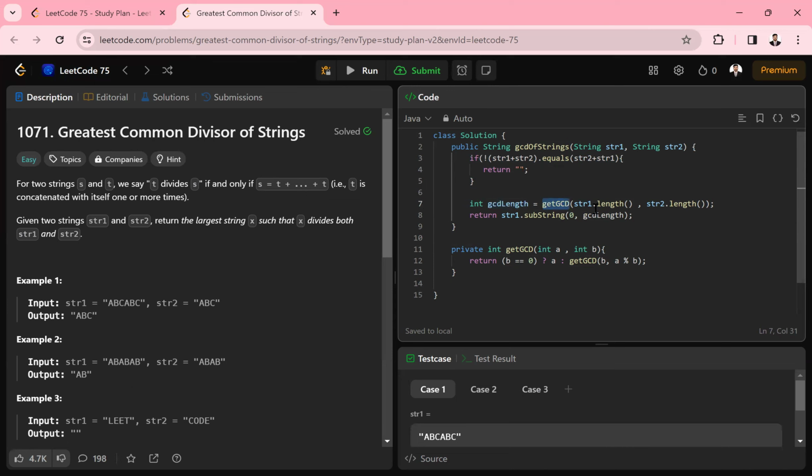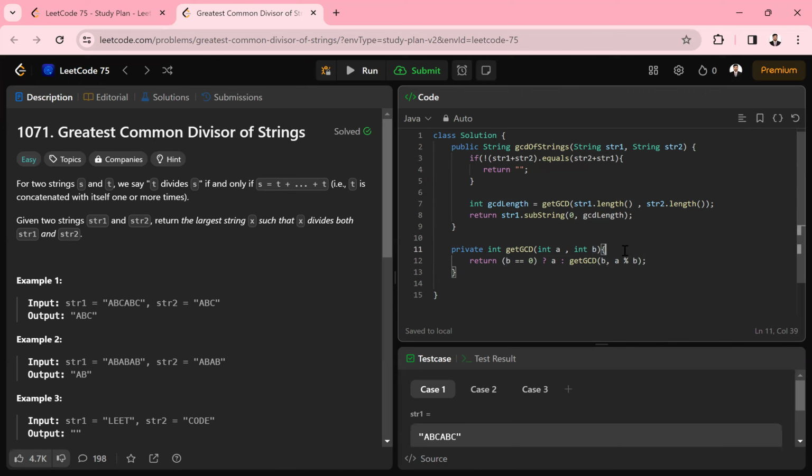Here we provide the length of a, which is 6, and the length of b is 3. So here a is 6 and b is 3. So b is 3, so is 3 equal to 0? No, this condition will not execute. It will go to the else and return b and a percent b.